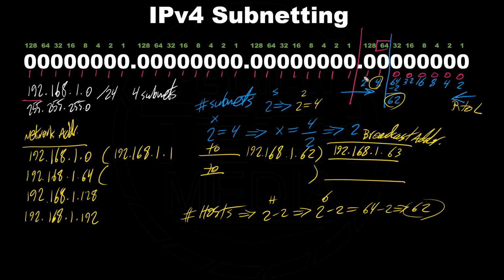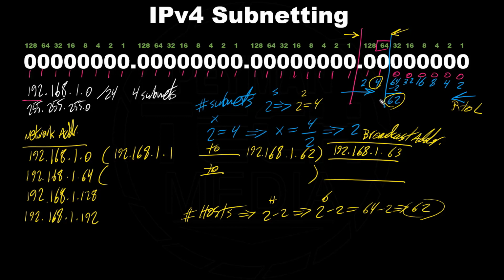62. So after finding out how many bits we need to borrow from the host, in this case 2 bits to get 4 subnets, right? Then we draw a cut line. So this is our new cut line. Originally, this was our default subnet mask for the class C network, but we moved this cut line 2 bits over. Now this is our new